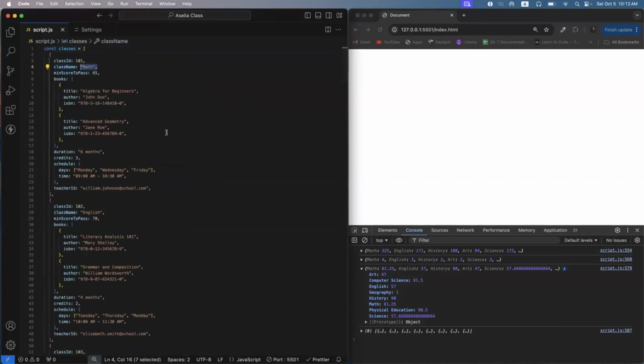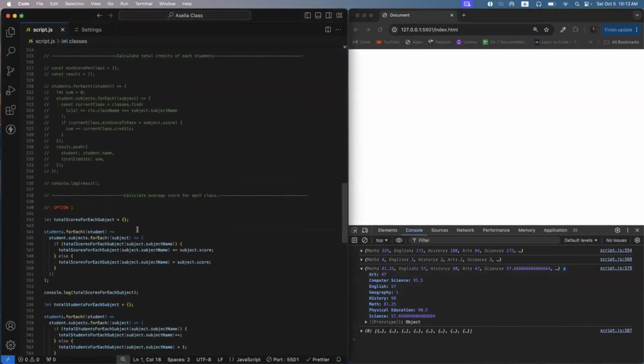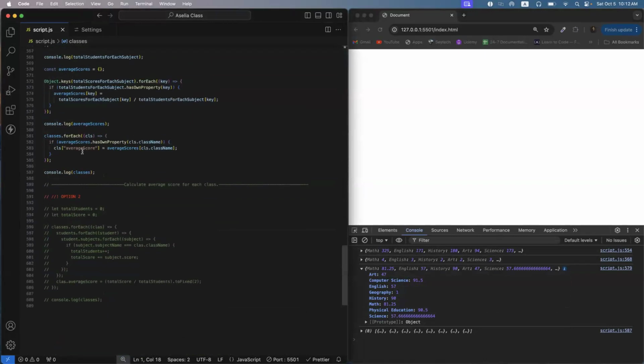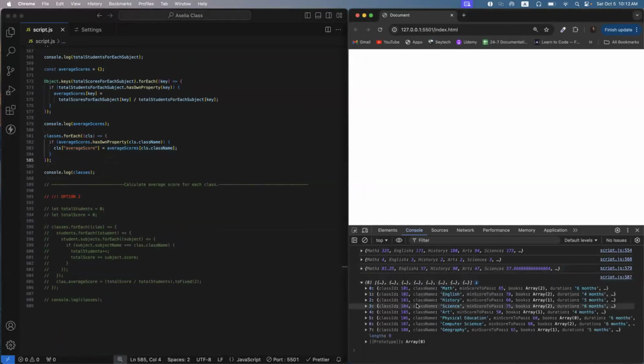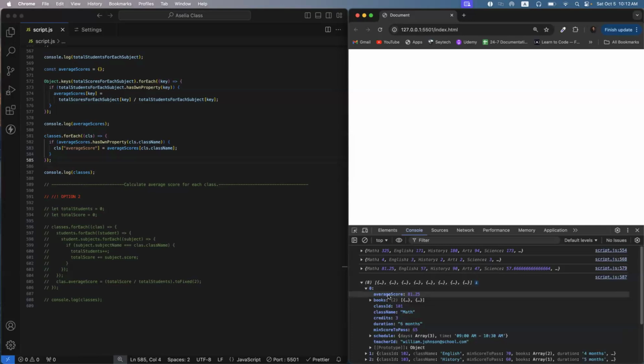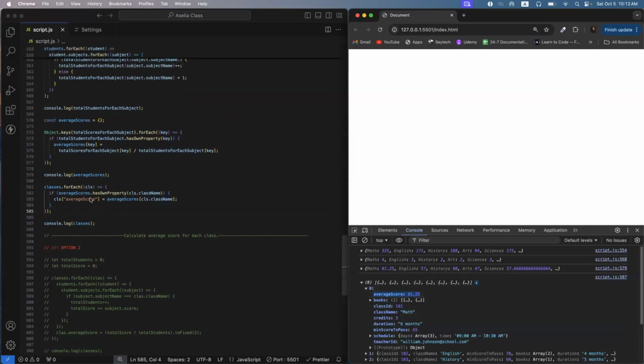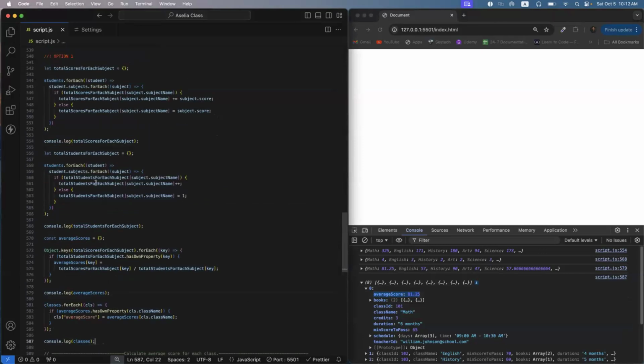If they are equal, for example, look at math here, Math 81. Here is my math class. If I have it, then just assign it to the classes average score. And if you open my last result, you can see, for example, math, I have average score. This was a very long journey,